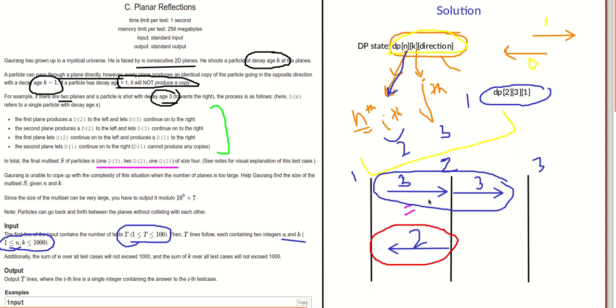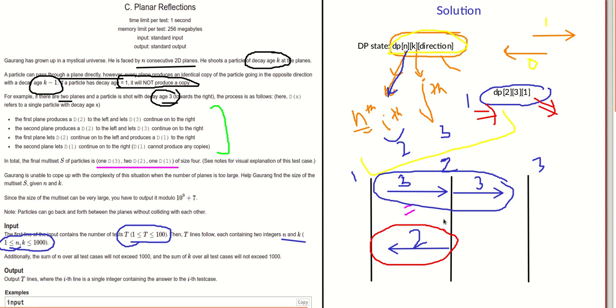So when I want to calculate, as I already told, the value of this dp will represent how many total particles will be created at the end of the simulation with this state. For example, you can treat it this way: if I start with this dp state, then what will be the total number of particles created at the end of my simulation? And end of simulation obviously means that once the particle becomes decay age 1, so that's clear.